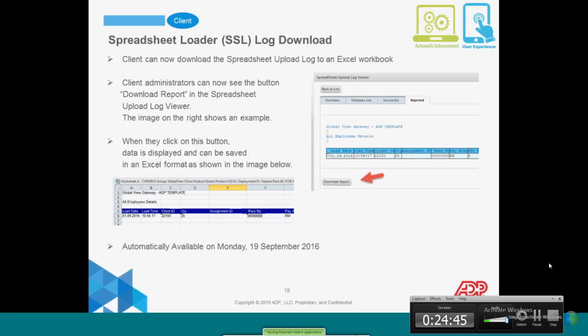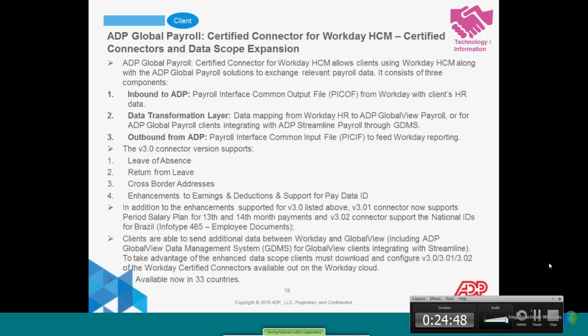The last two slides that I have, or the last three, are for the ADP Global Payroll certified connector for Workday HCM, its expansion. The reason for bringing this in is to support additional countries and expand the data scope of ADP Global Payroll and the certified connector for Workday HCM with additional data that can be interfaced from Workday HCM to meet your data needs. So now the ADP Global Payroll Certified Connector